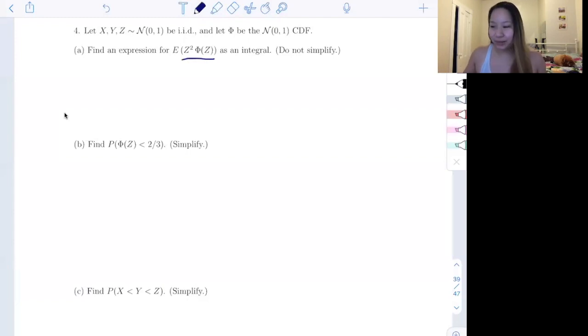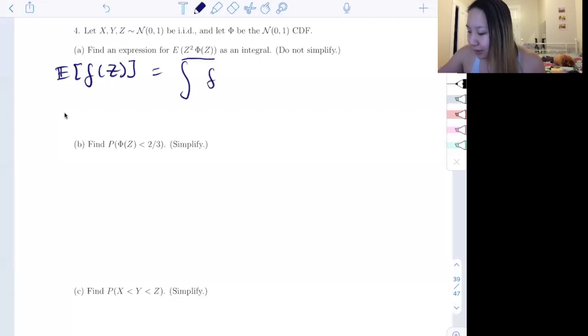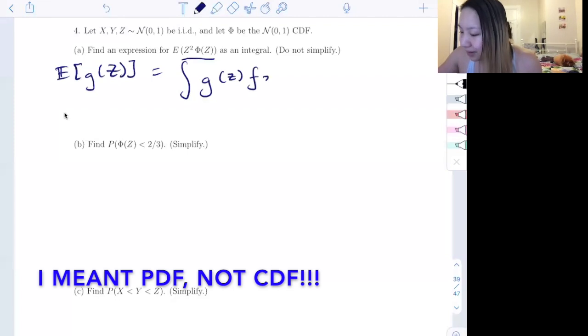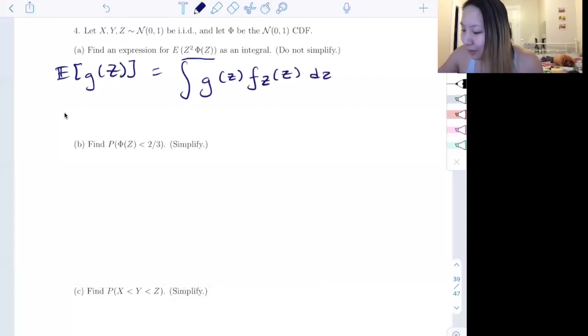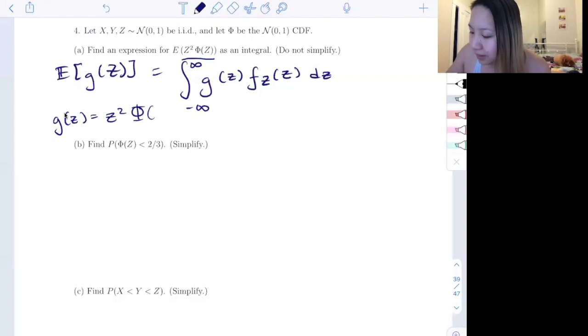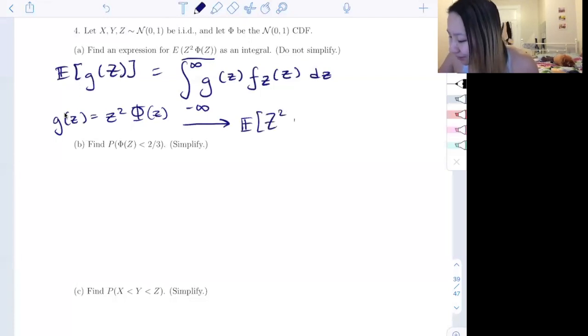And we have a good friend named LOTUS, which will tell us the expectation of a function of, say, Z in this case, is equal to the integral of the function of z, little z, times the, I guess f was a bad choice, let's use g, times the PDF of Z at little z, dz, over the support of Z. So let's say negative infinity to infinity. So that's what LOTUS tells us. So in this case, our g of z is equal to z squared times big phi, the CDF, of little z. So by LOTUS, our expectation, big Z squared phi big Z, is going to be equal to,